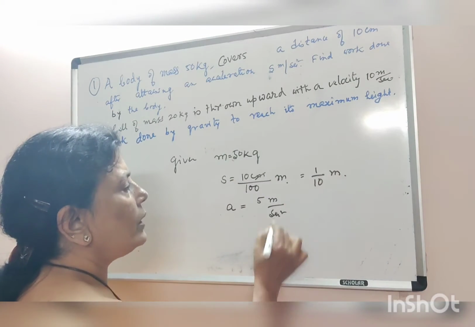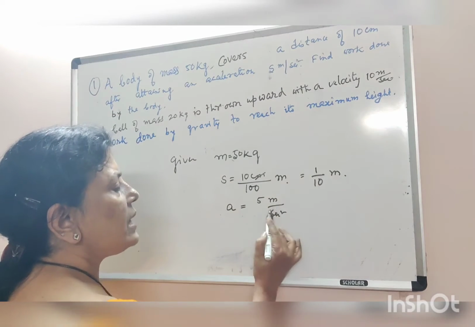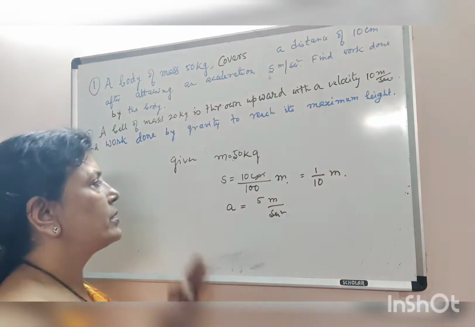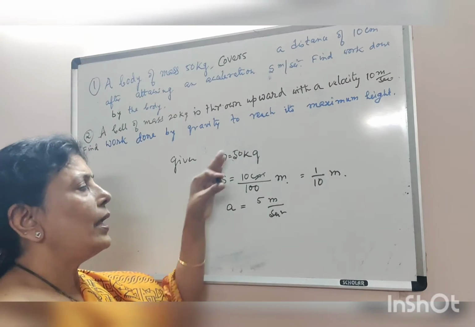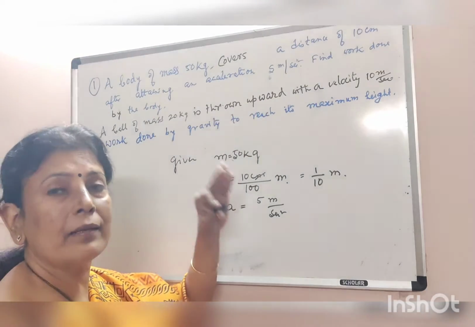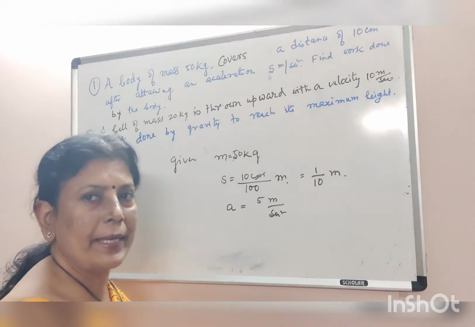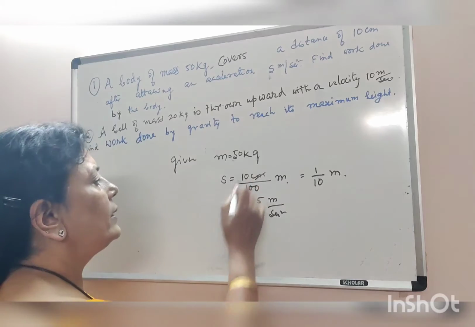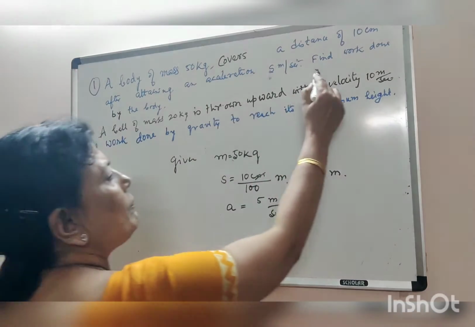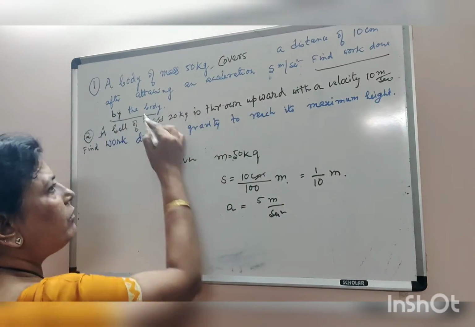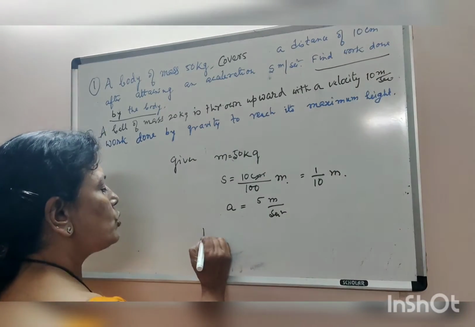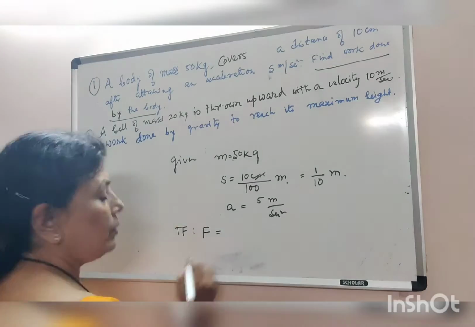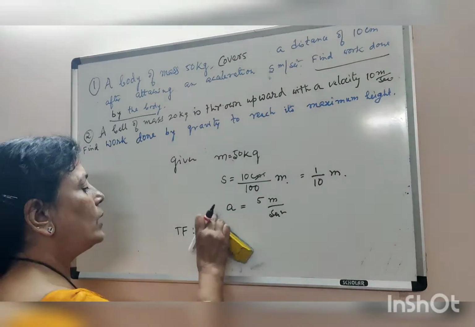Now we have to check all units. This is in kg, this is in meter, this is also in meter per second square. This is the way how to solve it. First you have to write the given, and then after reading each and every line you have to extract what the givens are, directly or indirectly, and then you have to use a particular governing formula. Since we have to find work done, we have to find out work done.